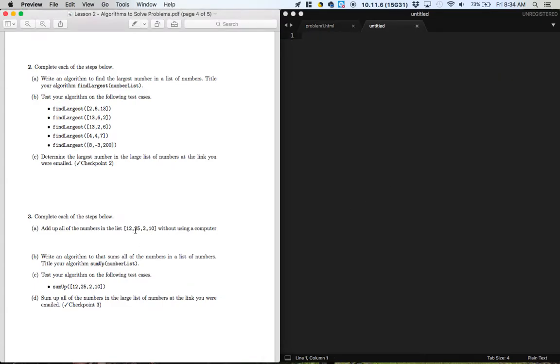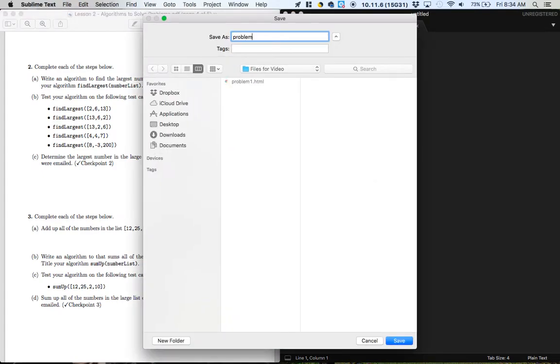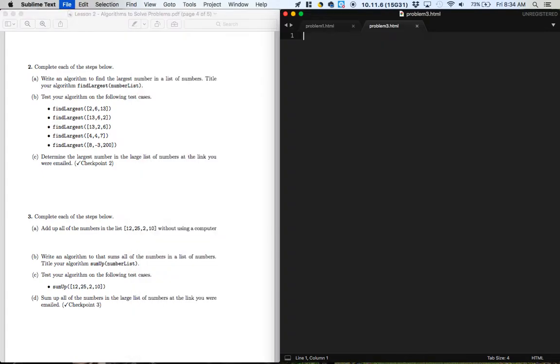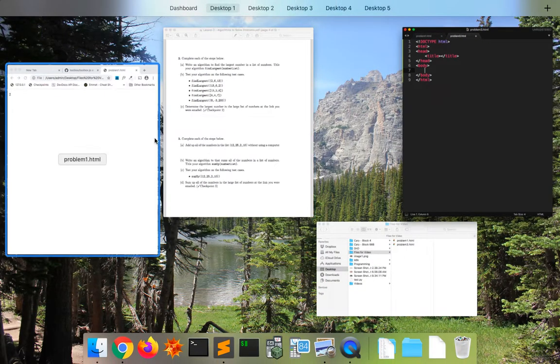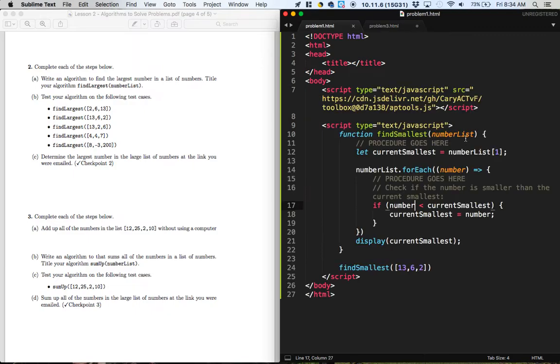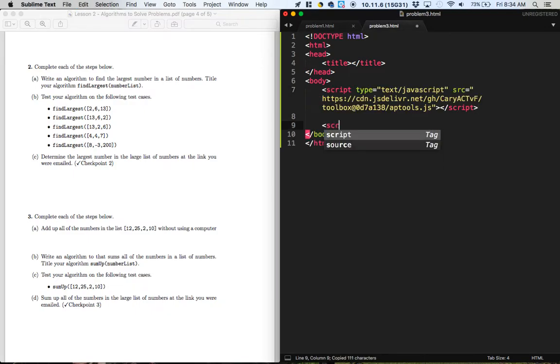Now that we're done doing it without a computer, let's see if we can invent a computer program that will do that for us. So I'm going to save this as problem3.html. I'm going to make the basic HTML structure. I'm going to import the expansion pack from here. I'm going to add my own script tags so we can start programming in JavaScript. And then next up, we're going to try to define a new function, a